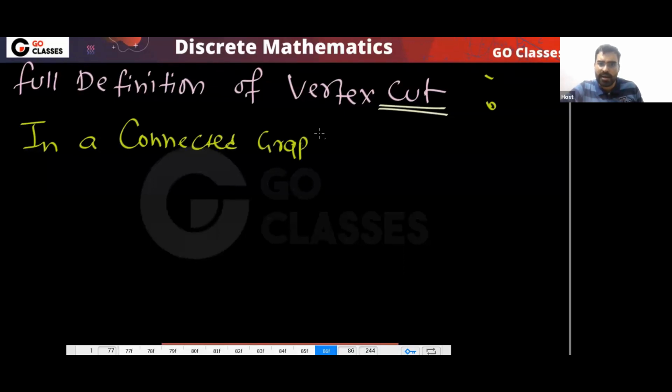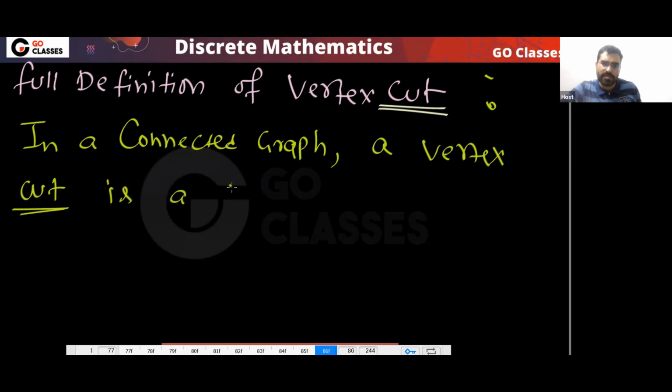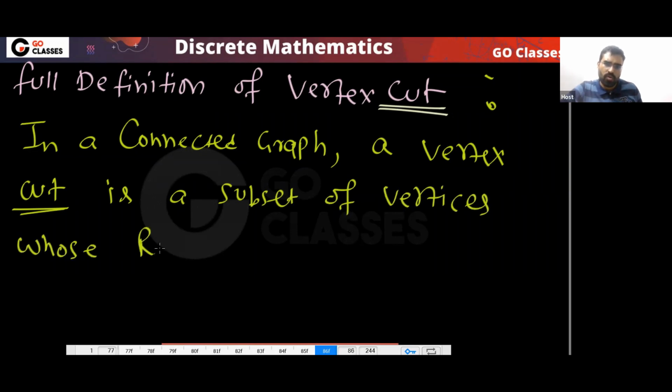So in a connected graph, a vertex cut is a subset of vertices whose removal either disconnects the graph,